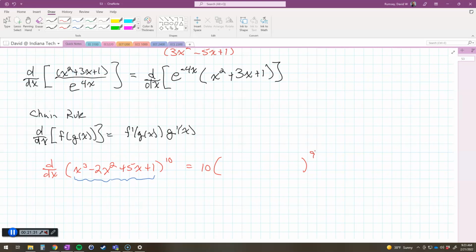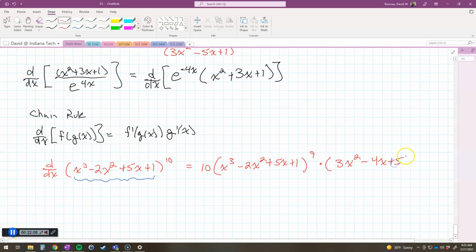We're going to do the same thing here, except we get 10, but then we don't just get x, we get the entire expression here. So 10 times x cubed minus 2x squared plus 5x plus 1 to the 9th power. But then you have to multiply by the derivative of what is, quote, inside the parentheses. So what you have to do is multiply by the derivative of what's inside there. So 3x squared minus